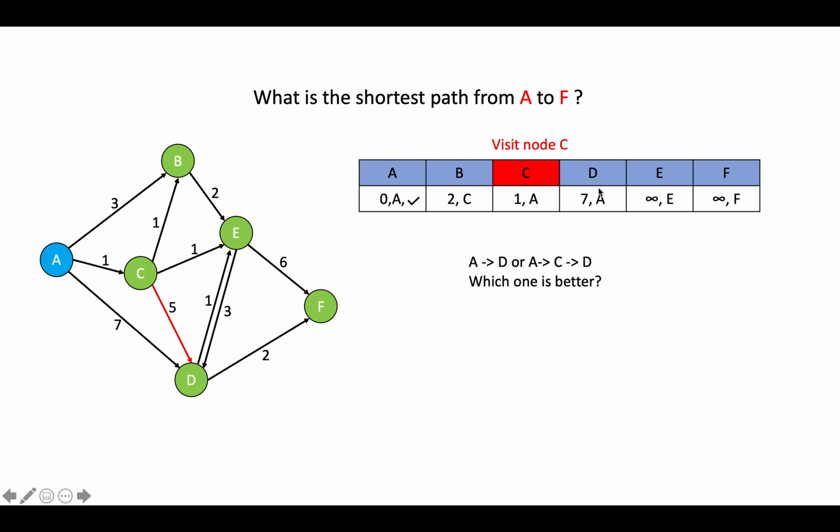If we use this new information, we can go from C to D, and to C we can go from A. If we choose this path, the length is 6. So we should accept the new information and update the table. The predecessor of node D should be node C. So here is the updated